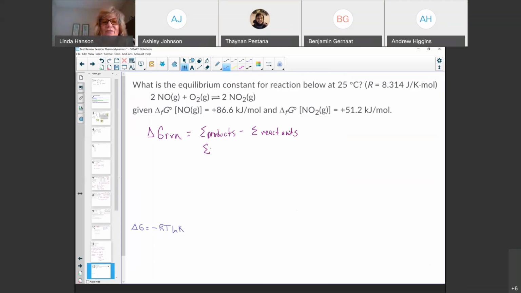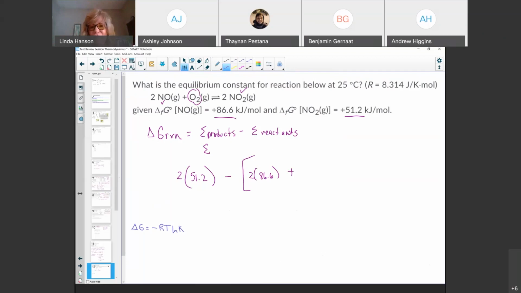We're given the value of NO2, so 2 times the value of NO2 minus, and here's the reactants, we have NO, which is positive 86.6, and then no data for oxygen. And it seems like it's still a tripping point for some people who get upset where there's not a third data point. But we don't need it, do we? We stress that right at the start of our review session.